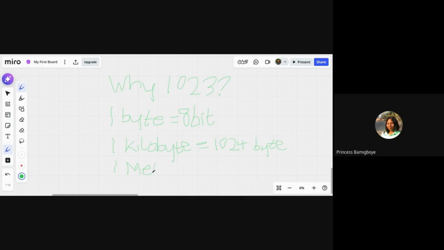And they told us that one megabyte is equal to 1024 kilobytes.